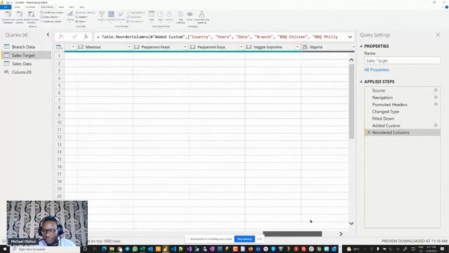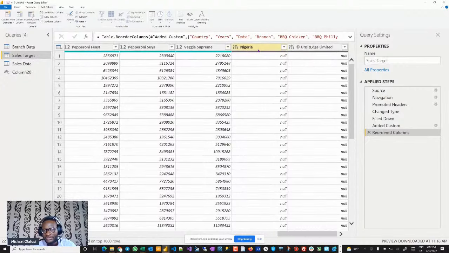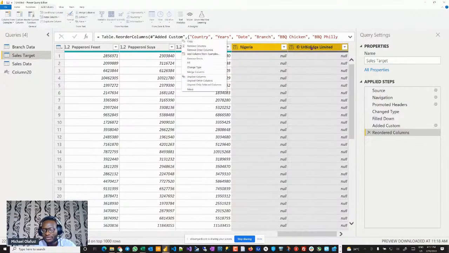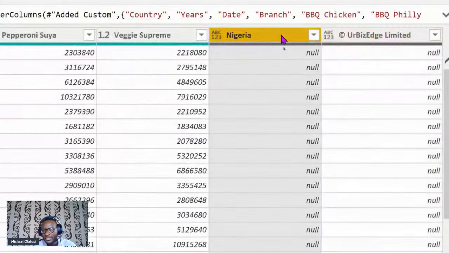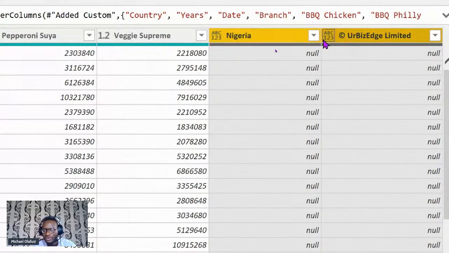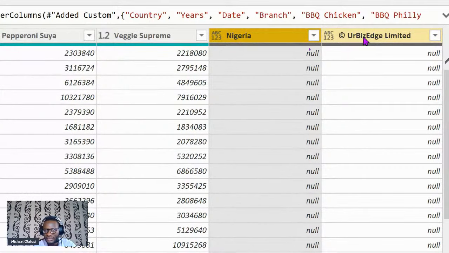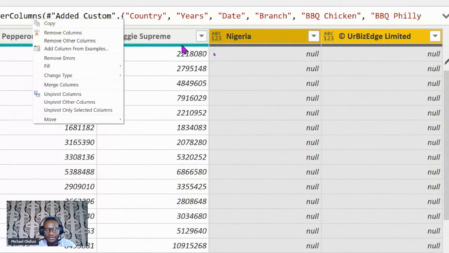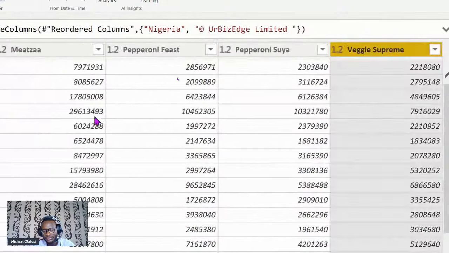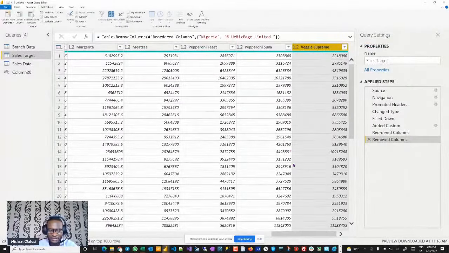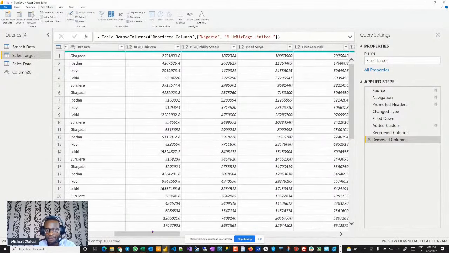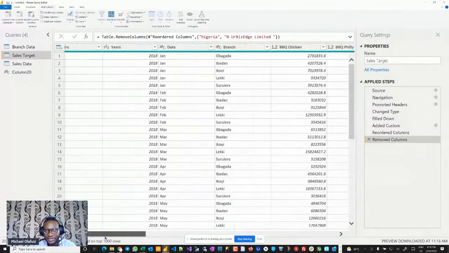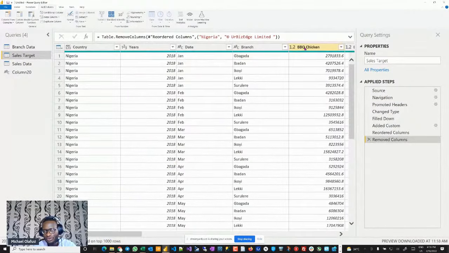And then what other thing am I going to do? I do not need this and I do not need this, so I'm going to remove these columns. Again, let me zoom. First of all, I select the two columns: one, hold the shift key, the second one, I right click and then I say remove column. This is another very interesting feature in Power Query, the ability to remove what you do not need. Okay, so now I know that my targets are by products, right?